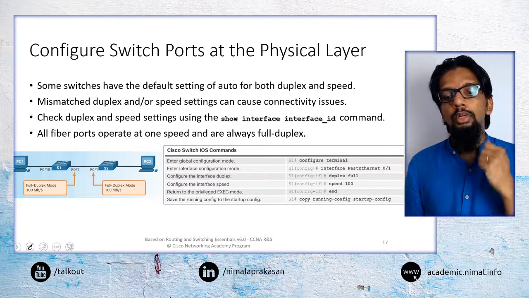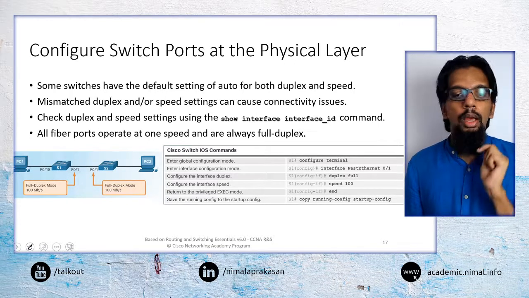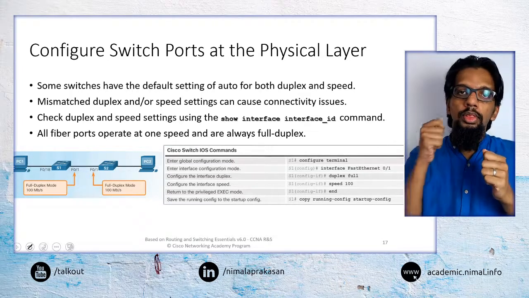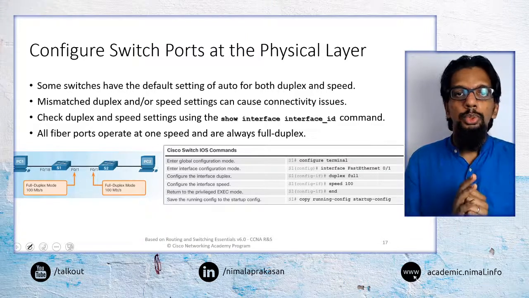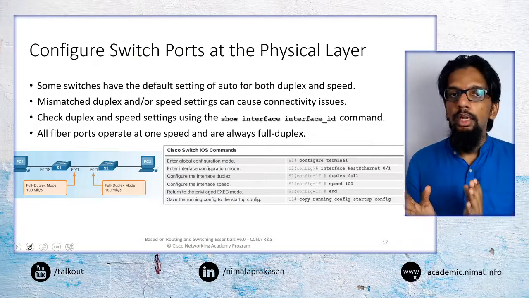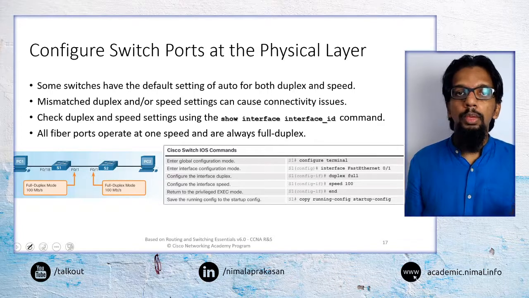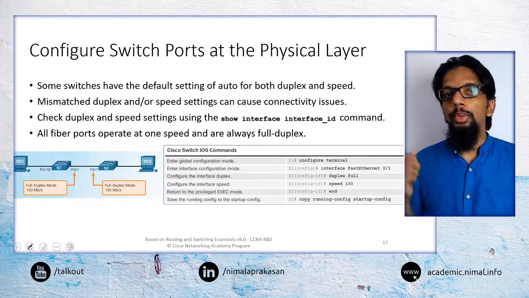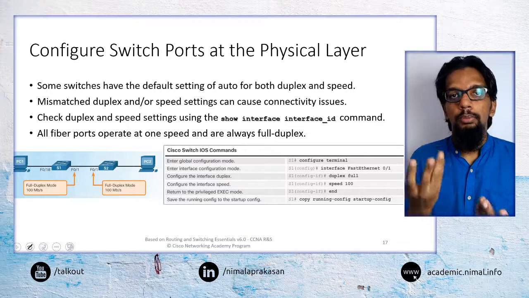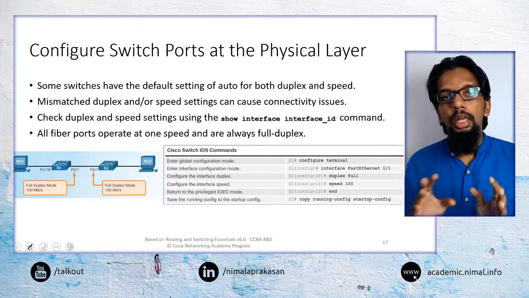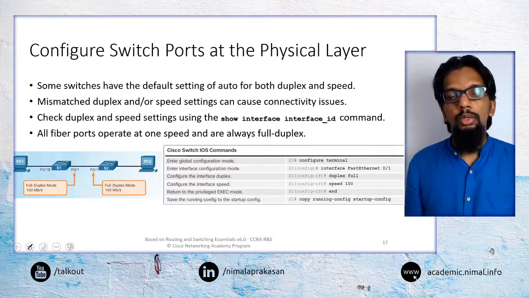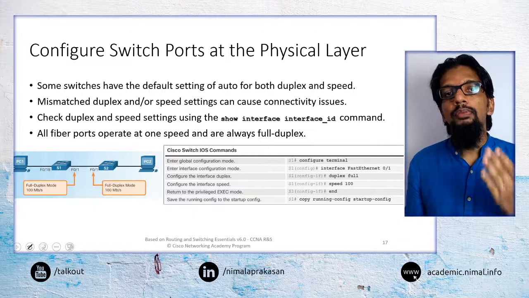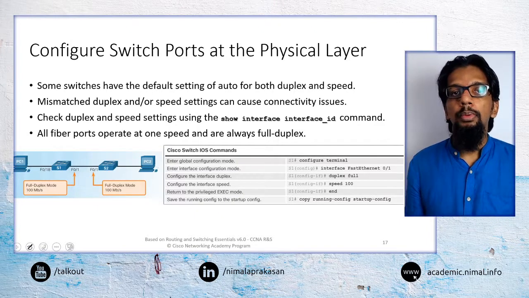So when we think about configuring the ports, there are a number of things that can be configured, because these connections in Ethernet switches can come from different devices. For example, you may be able to connect a printer, a computer, or a server computer. So different types of devices can be connected to these ports, and those devices can have different networking capabilities.